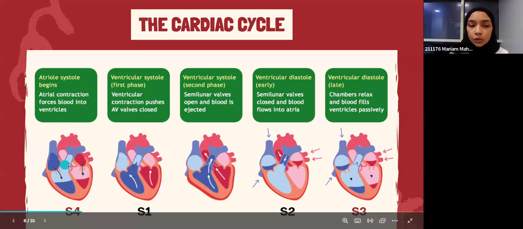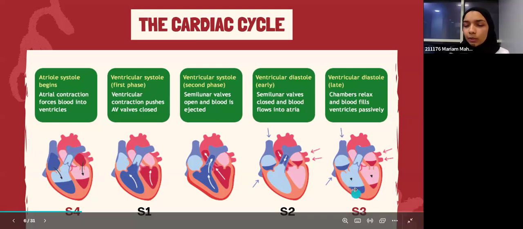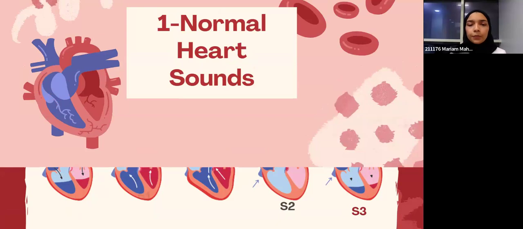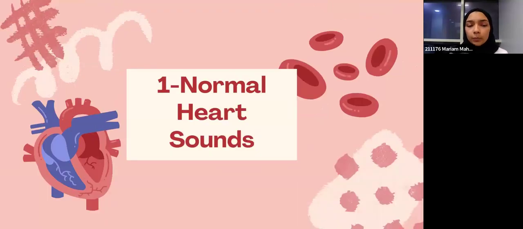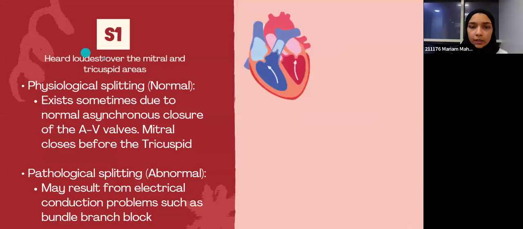And then S3 and S4, they're the abnormal heart sounds. So just keep in mind that S3 is related to volume overload, and S4 is related to pressure overload. I'm going to explain it in more detail later on. Okay, so now for the normal heart sounds, there is S1, so it's